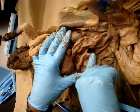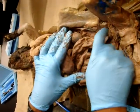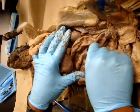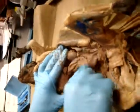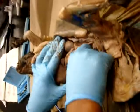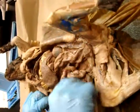So what do you call that again? Horns of the uterus. Yeah, we don't really have that. Well, I don't have that at all. But yeah, this is a female cat. You can tell because of the horns of the uterus near the uterus. A male cat wouldn't have this right there. Oh, I see. Okay. All right, then I'm going to free up some of the